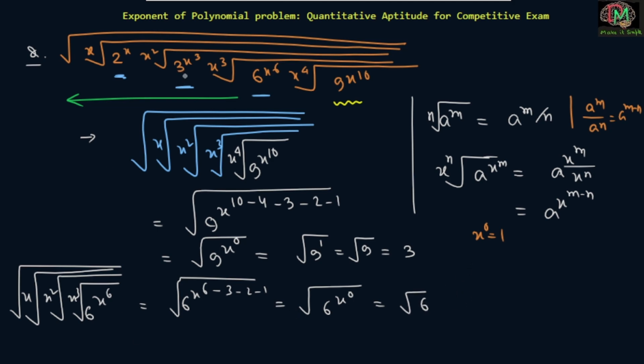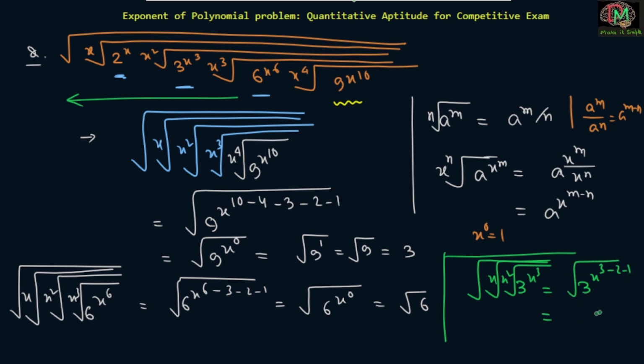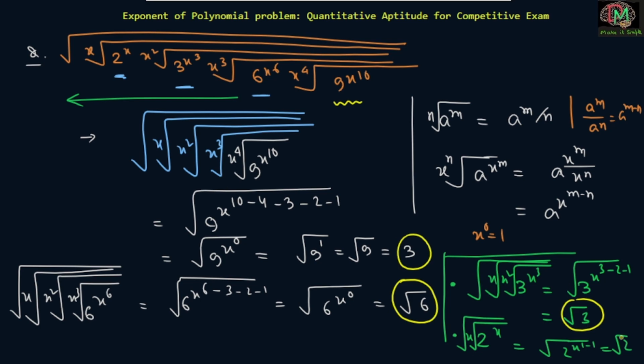And for the 3x cube, we follow the same method, that is 3x cube, and here it is x square, and next x, and 1 root remains, and we can do the calculation 3x to the power 3 minus 2 minus 1 and 1 root remains. So we get here x to the power 0 and that is 1, so 3 to the power 1, so root 3, and what remains is 2 to the power x, this is the last. So 2 to the power x and one root is x here, another root. So finally you can write root to the power x 1 minus 1, and it is 0, so you can write root 2. So we consider all these values, that is 3, root 6, root 3 and root 2,